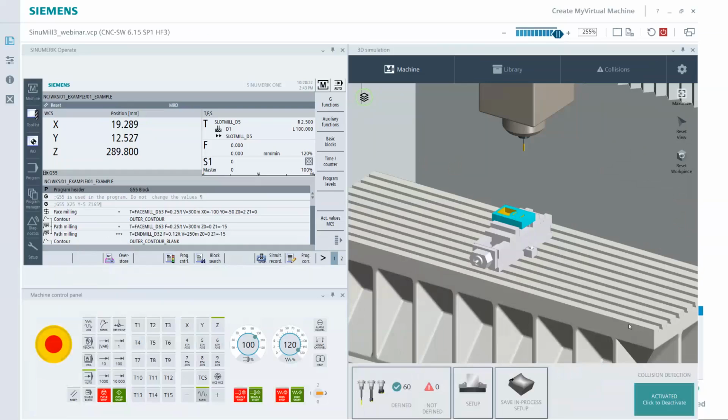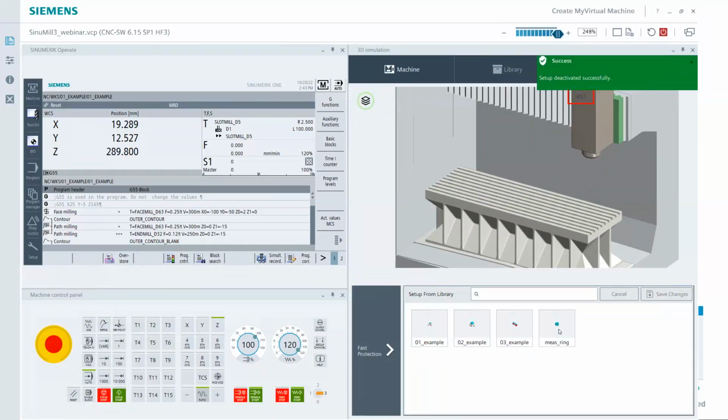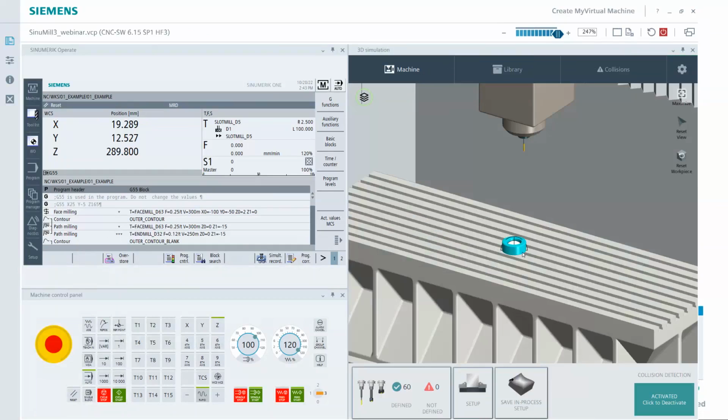Oops, go back to the model. Now, to get the ring gauge up, I'm going to have to get rid of this vise, this setup. So click on the setup button again. You're going to see the previous setup. Just click X, goes away. We can double click on ring gauge, puts it in there, and now hit machine, and I'm back in the machine window. If I don't want to see the datum, I can hide it there,